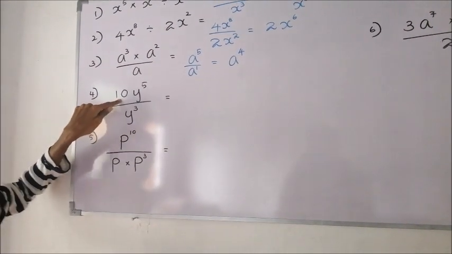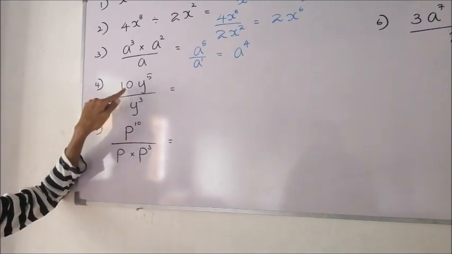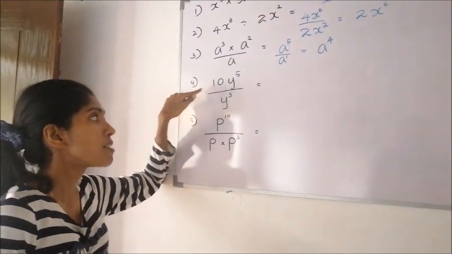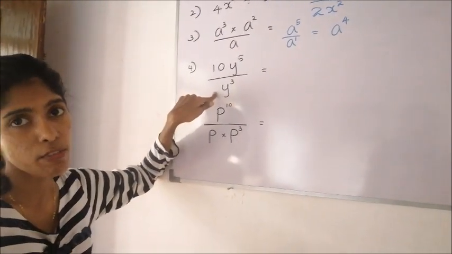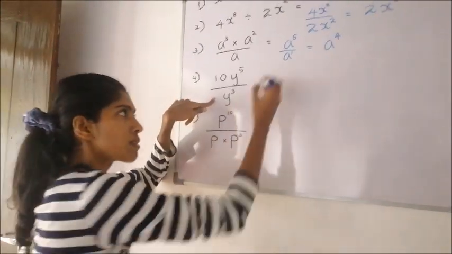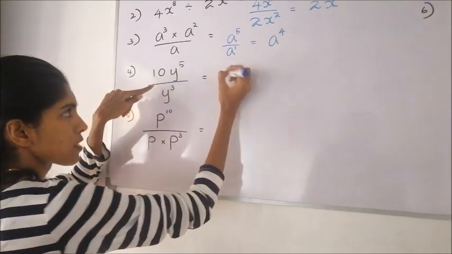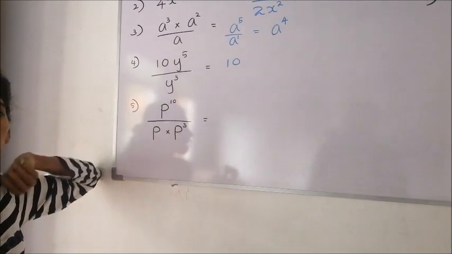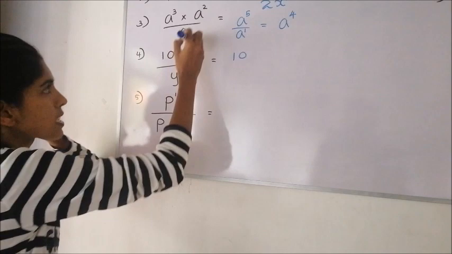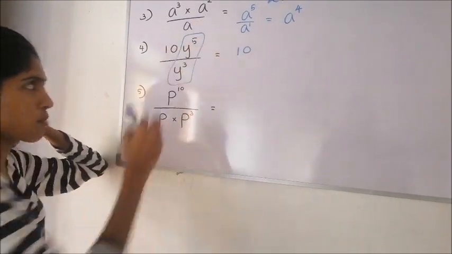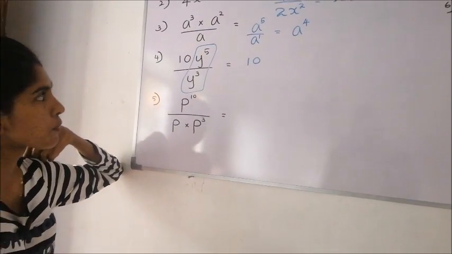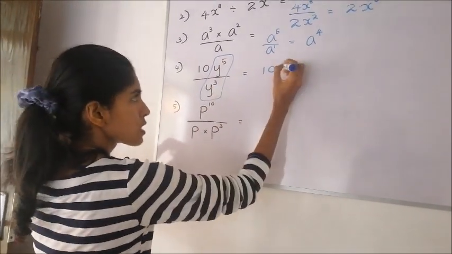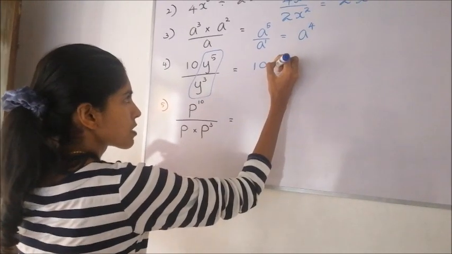Next one. This is not in the index form, index notation, right? This is just a number. 10 is just a number. And there is no other number to be simplified with it even. So we will write this 10 as it is. Don't make any change for that because there is no one else to be simplified with this. Now we can see these two can be simplified separately, right? Powers with the same base. Y to the power 5, y to the power 3, we will subtract: y to the power 2. From 5 subtract 3.